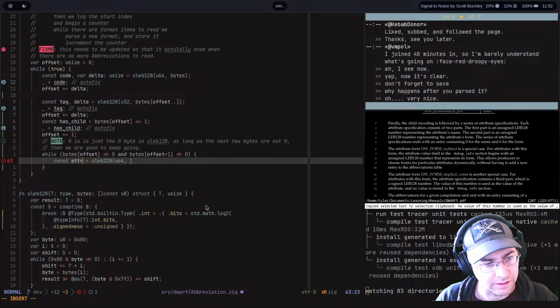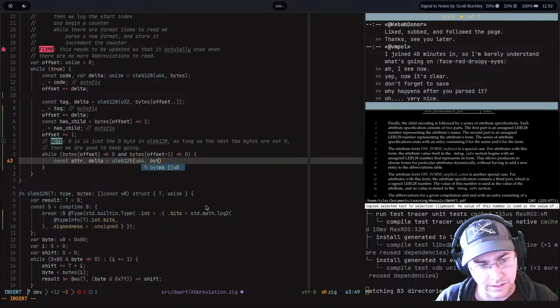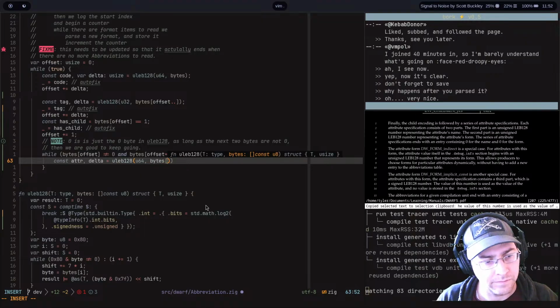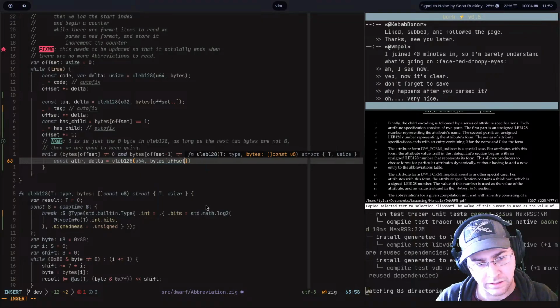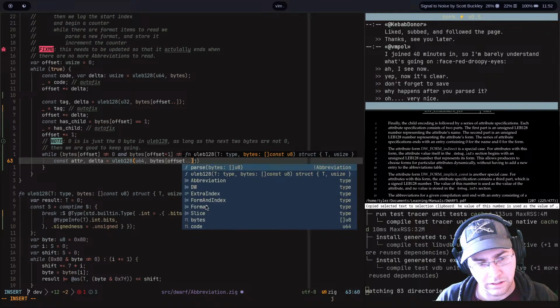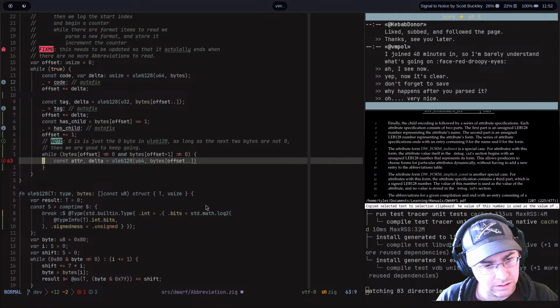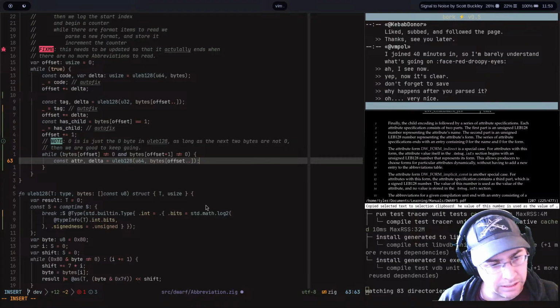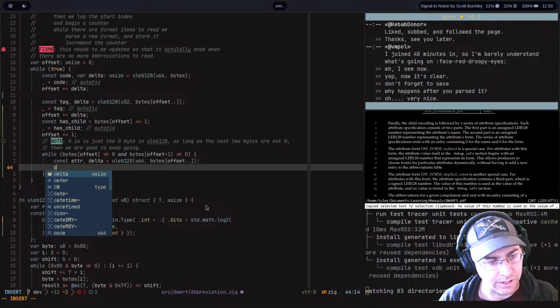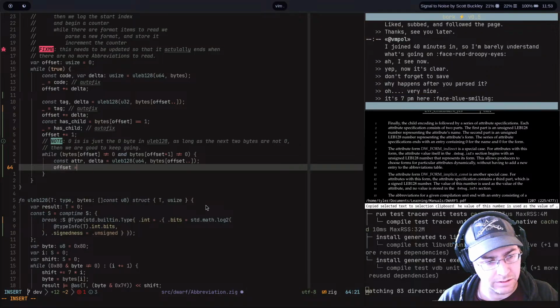Oh, we need to add the delta here. Delta and bytes offset. Yeah, so then we just do the offset plus